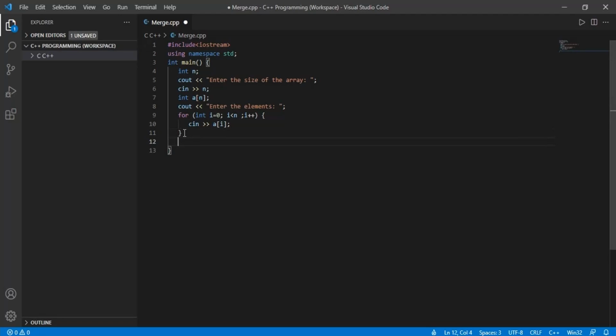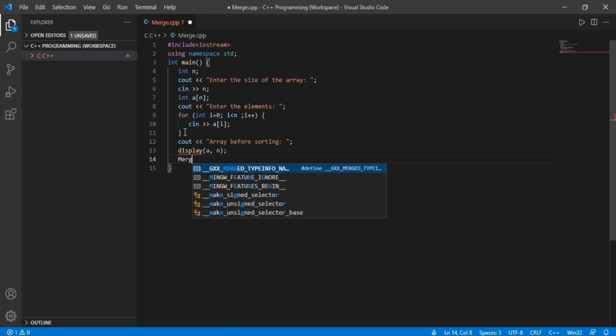Now that we have got our array, firstly we'll print the array before sorting, so we'll write a cout statement, that is array before sorting. And rather than repeating the same piece of code for printing the array, we have to simply use the display function here. So we'll define this display function later. It will take the first parameter as the array and the next parameter as the n or the size of the array. The only purpose of having the display function is to print that particular array.